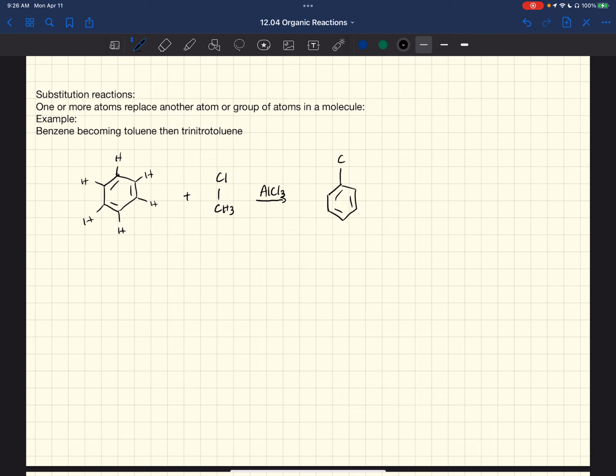So we substitute this CH3 group for one of the hydrogens. So this basically comes in here and kicks that out. And then our other product is going to be hydrochloric acid. Okay, so this could be called methylbenzene, but its more common name is toluene. So then we can take toluene